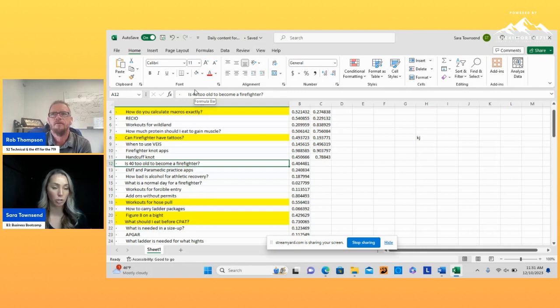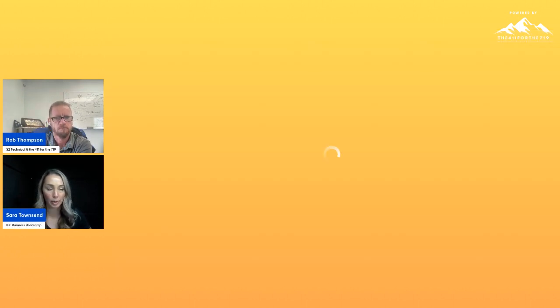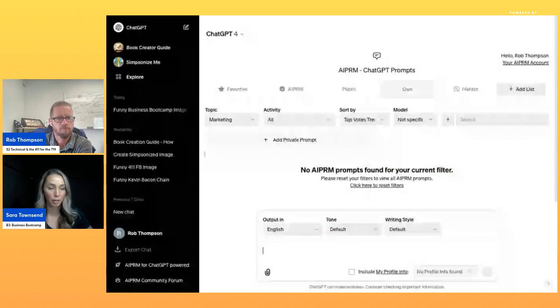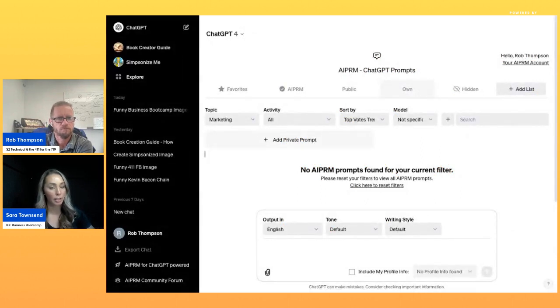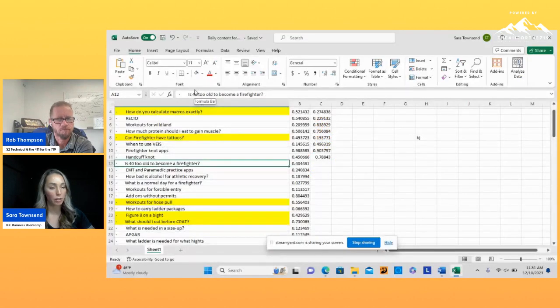Now, don't forget, you're going to want to do a hook. So for these things, I might not say like firefighter knots apps. I'm going to say like 3 best apps to improve your knot skills, right? Which is more of a hook for people like, oh man, 3 things that's tangible. I'm going to want this. Then give your content and then a call to action. So usually my call to action on content is follow for more or like, don't forget to like this or something that's easy for them to do, right? That you can use on all your content.